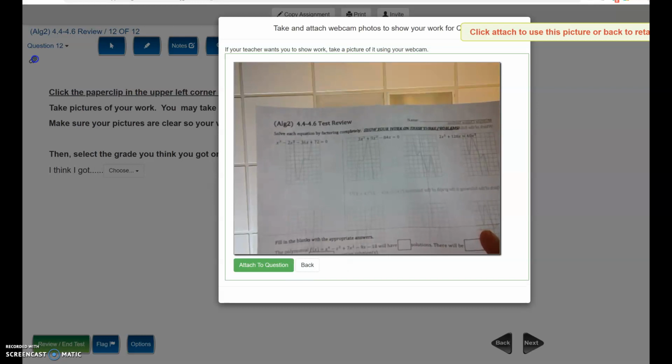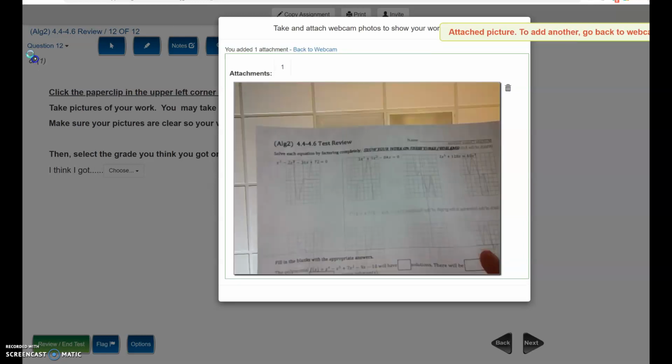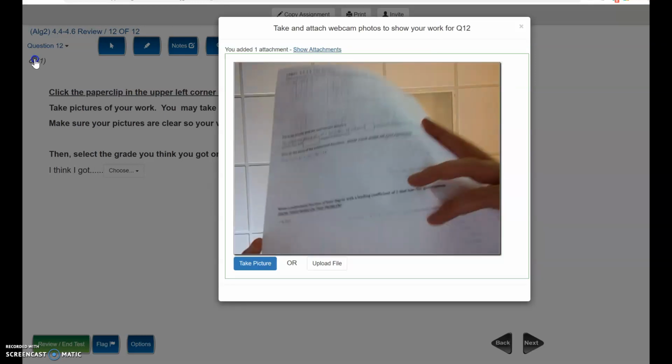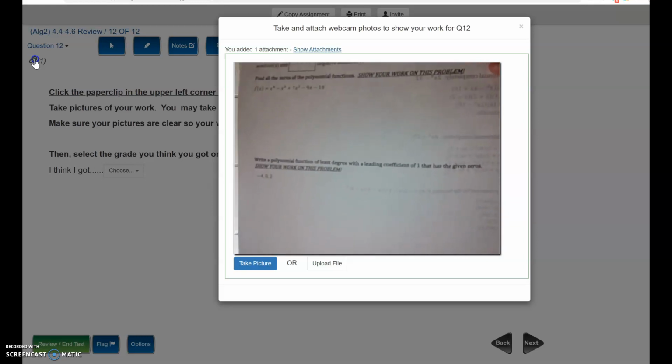Just hold the page up in front. Try to get it as clear as possible. You can submit more than one picture, so you can try to get this as clear as possible, and it might be easier, like I have to have mine flat on the screen right now. And then you click Take Picture, and if you like how it looks, you can attach that to the question. Then you can click Back to Webcam, and you can take another picture. So if you want to take like 4 pictures, one of each problem,